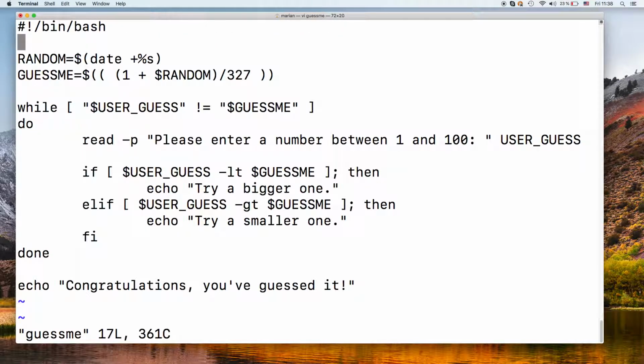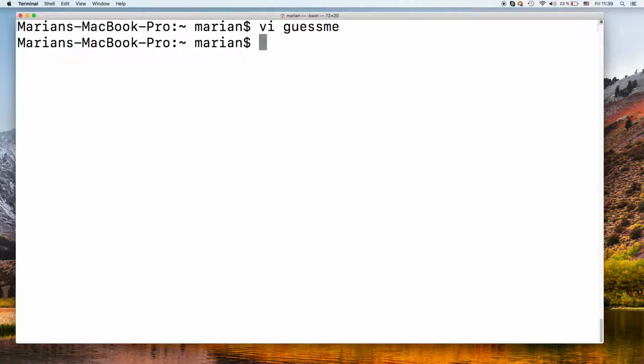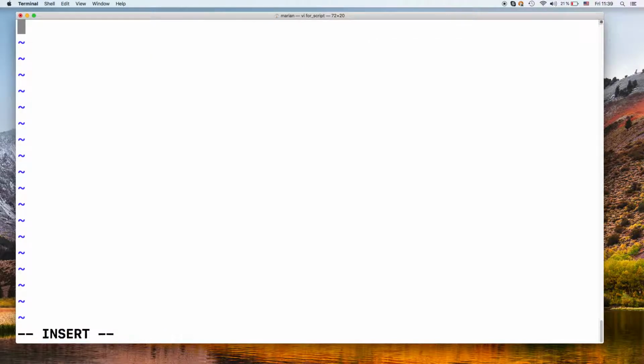Now there is another form of loop, but it's not really appropriate for what we are doing here, because it's used for different things basically. So we'll open up a different script here, v4 script, and shebang bin bash. Okay, so let's just start with the